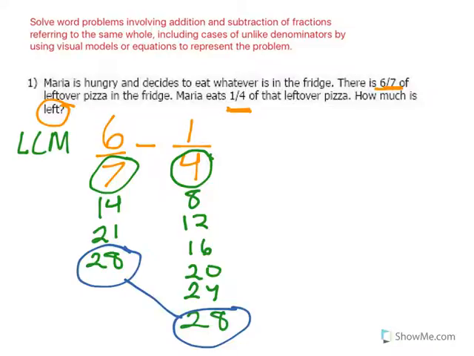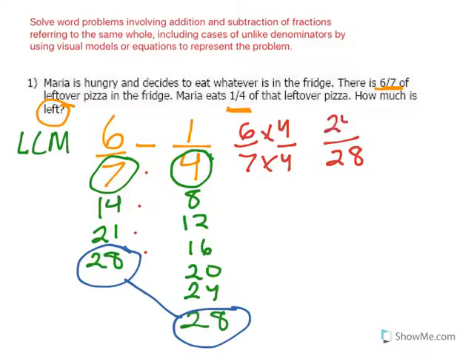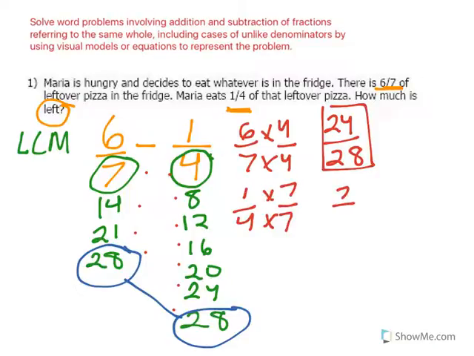Now let's convert. So we have our 6/7. We did 1, 2, 3, 4 to get there. So times 4 by the bottom, times 4 by the top. So we have 28 and we have 24. So we have 24 over 28 as our first fraction. Now we have 1/4. We did 1, 2, 3, 4, 5, 6, 7 times. So we do times 7 by the bottom, times 7 by the top. We have 7 over 28 as our other fraction, so we do 24